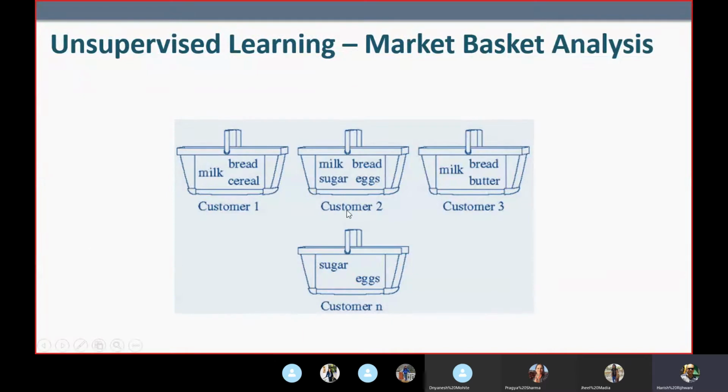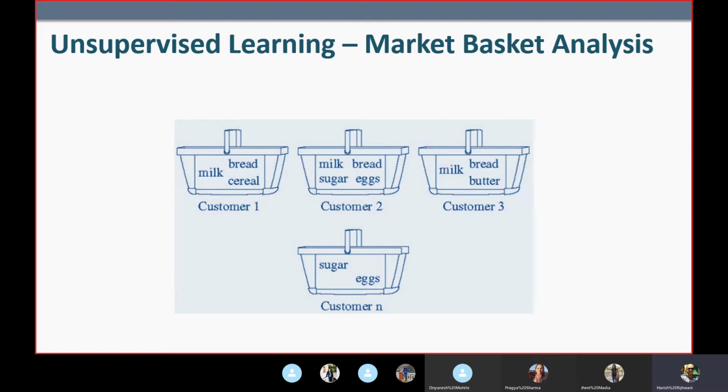This is a very good example of unsupervised learning. There's a story of a retail store. They analyzed their information over a certain amount of time, and they found out that whenever somebody is buying diapers, they also end up buying beer. And that is all too on a weekend, not on a weekday.